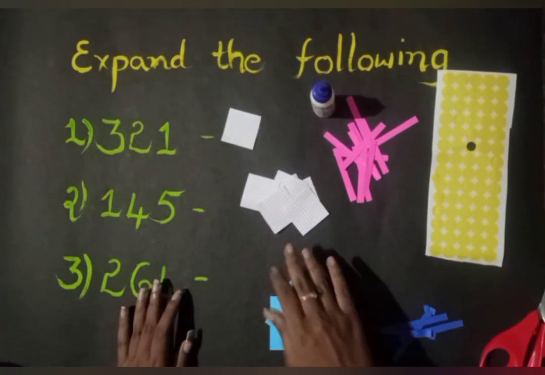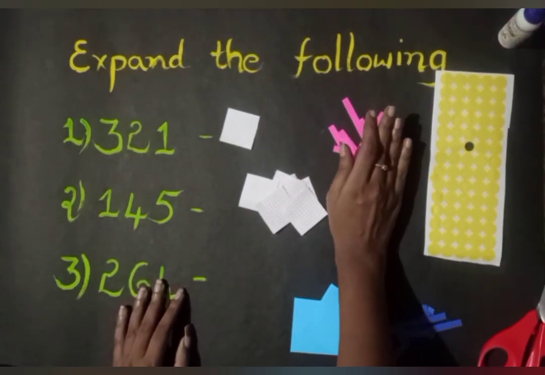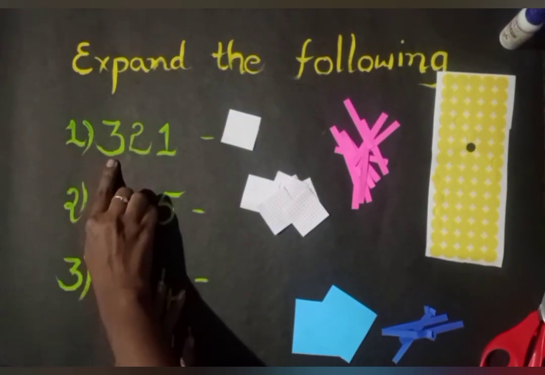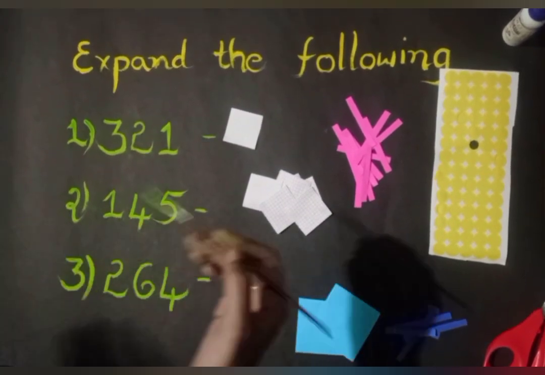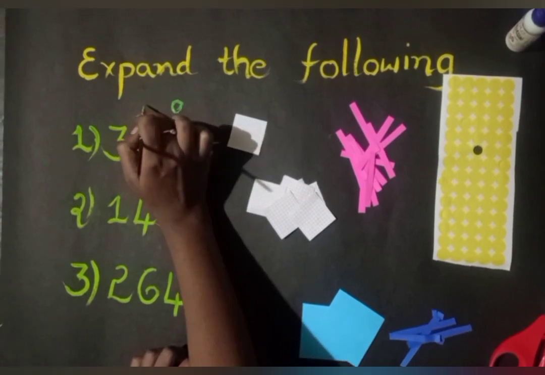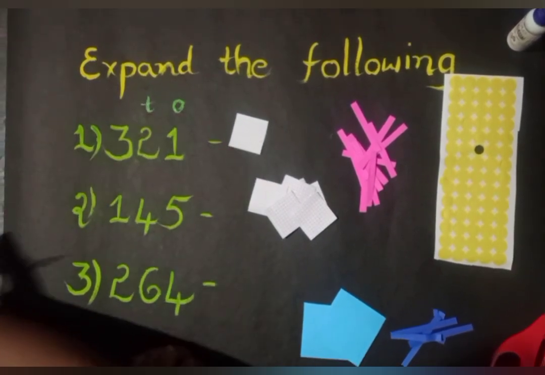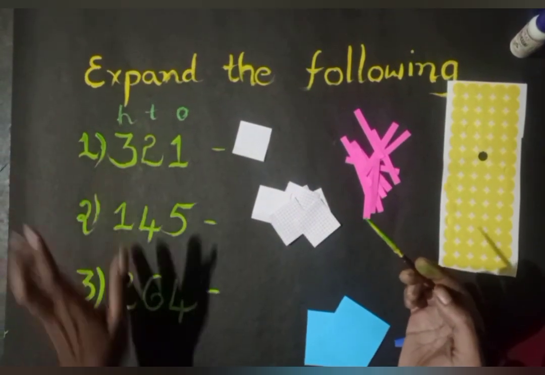Get ready. So listen carefully. I'll explain, in the same form you have to do it. See the number 321. 321 is a number. Let us see which one is the ones place. Ones, and then tens, and the next is hundreds, right? So ones, tens and hundreds.